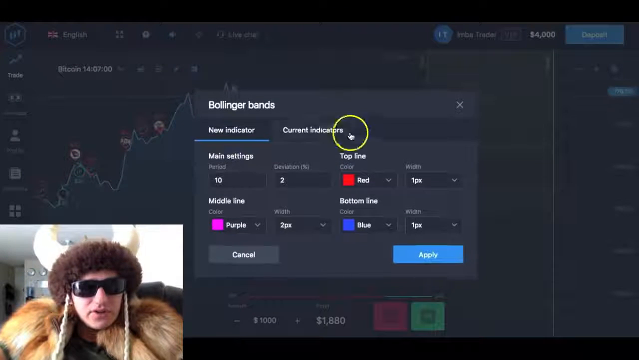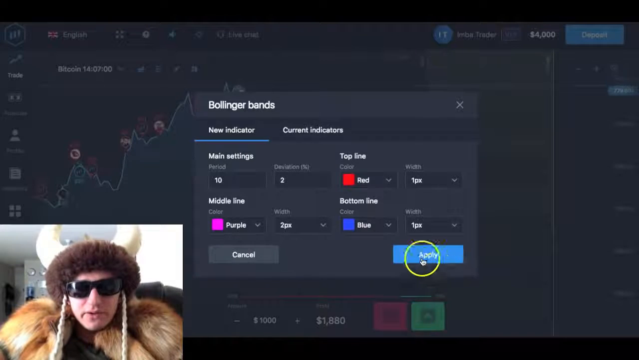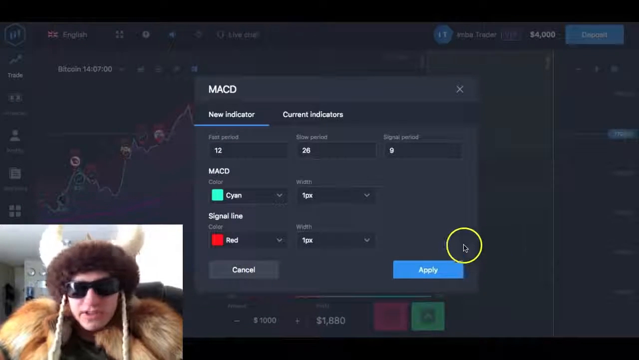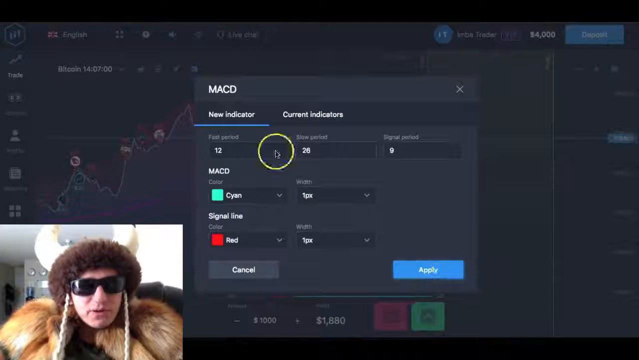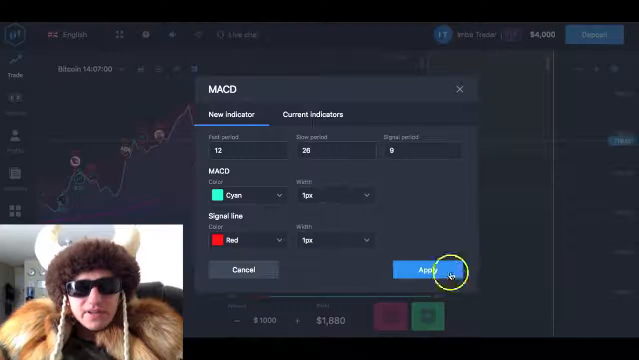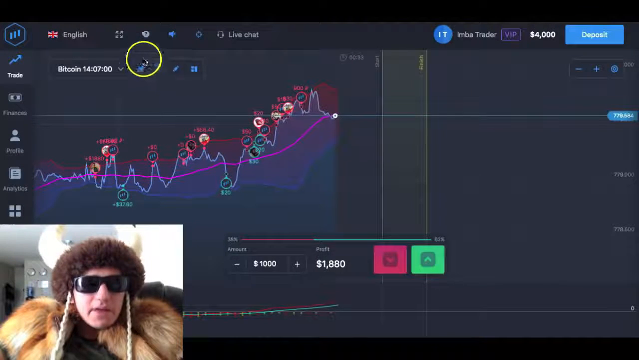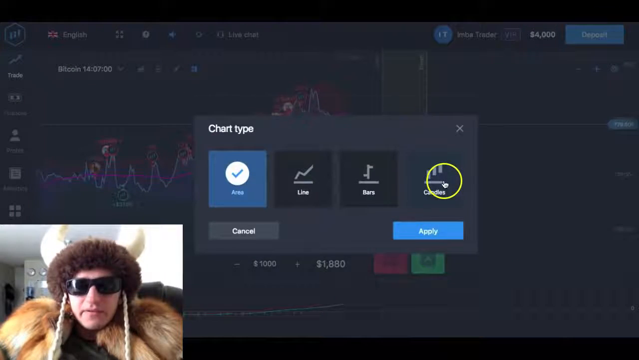You go to the indicators, check Bollinger Bands, you leave all the settings by default. There is also another one which works well in conjunction with Bollinger Bands. It's called MACD. Also leave all the settings by default here, and it does work better if you use it